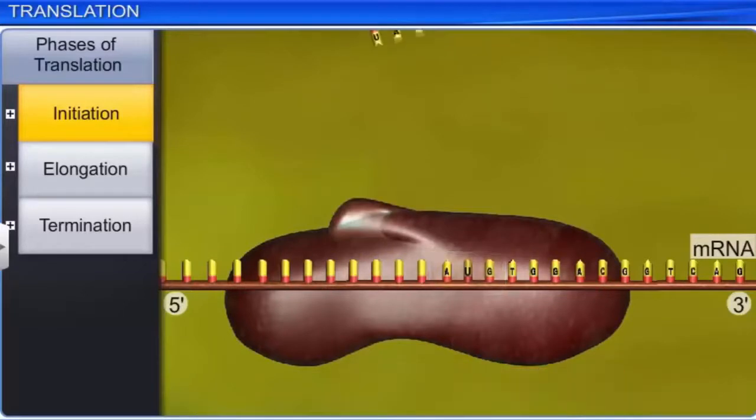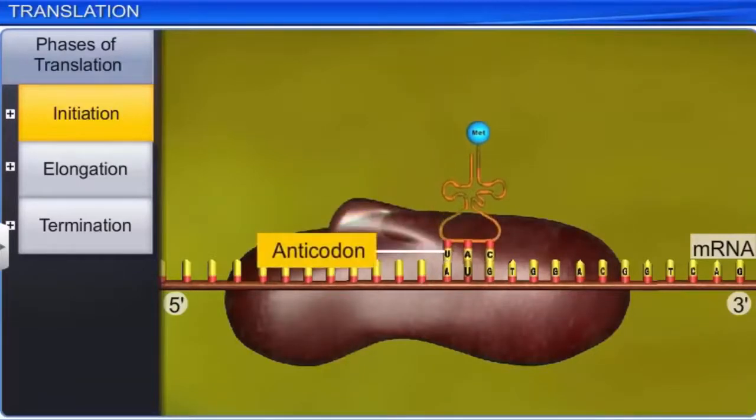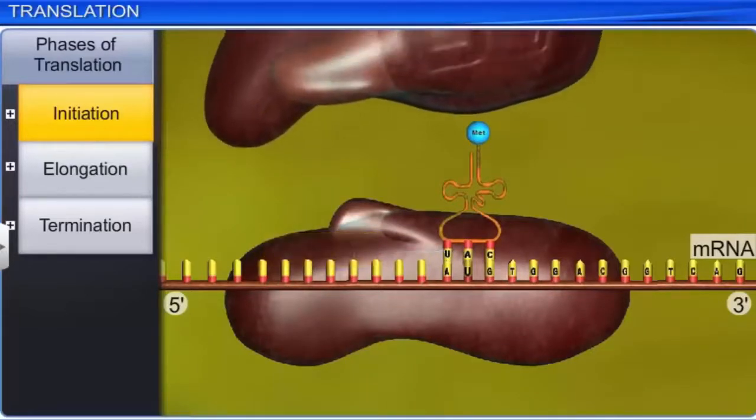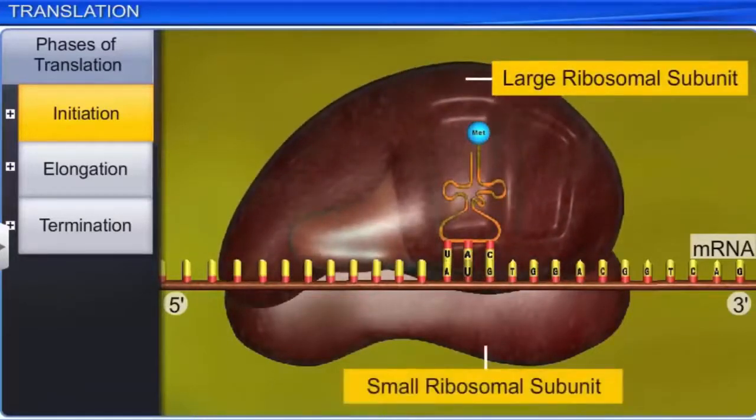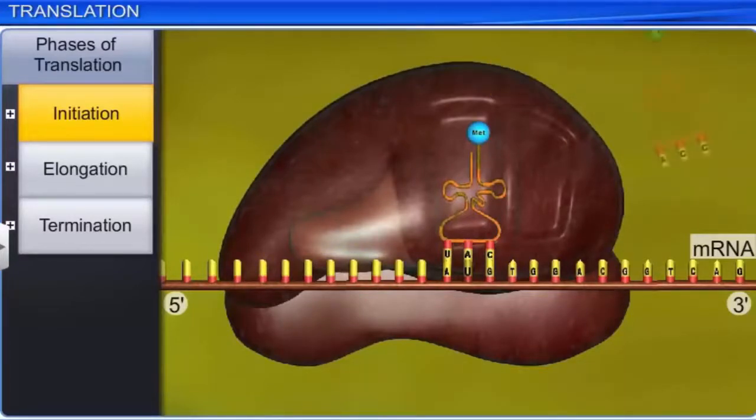The first aminoacyl tRNA carrying the amino acid methionine with an anticodon UAC binds to the start codon at P site, after which the large ribosomal subunit binds to the small ribosomal subunit containing the mRNA. Another aminoacyl tRNA now binds to the A site of the large ribosomal subunit,